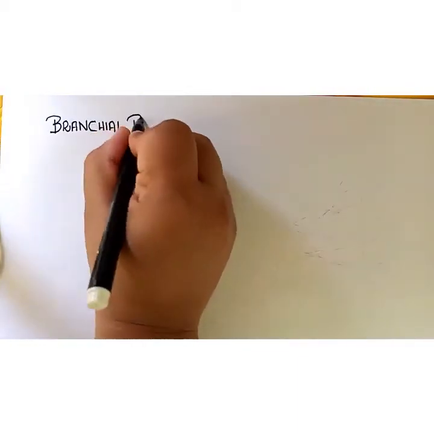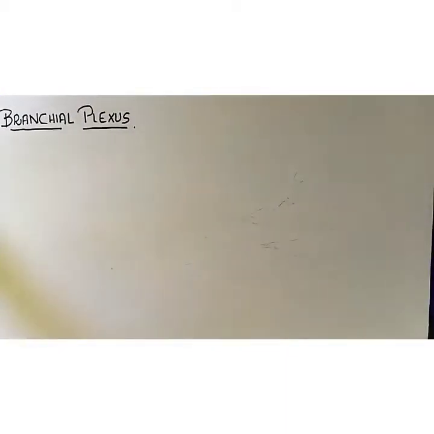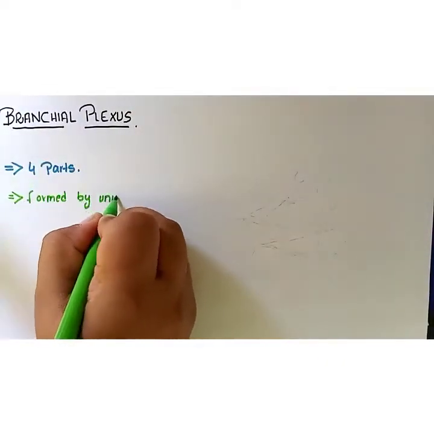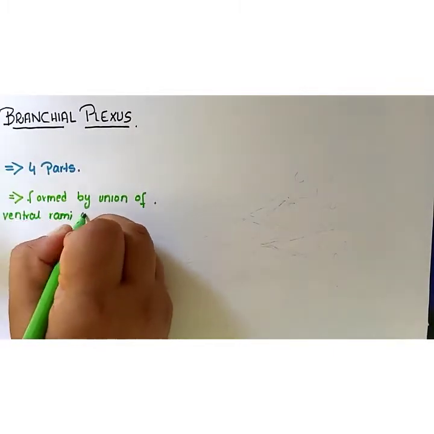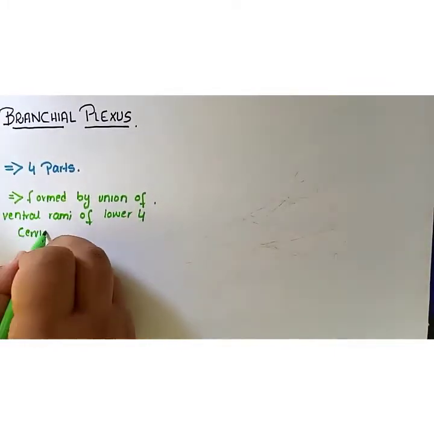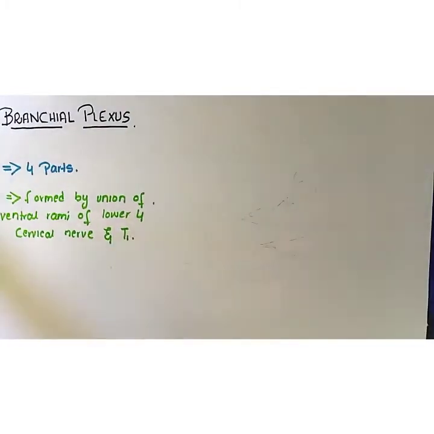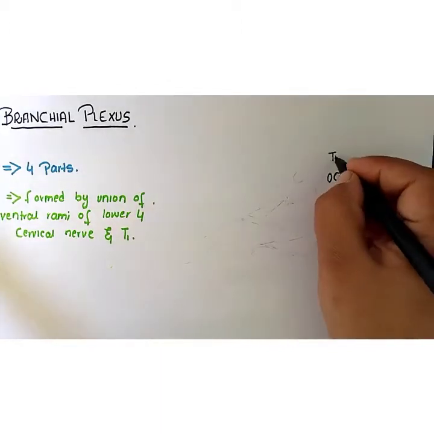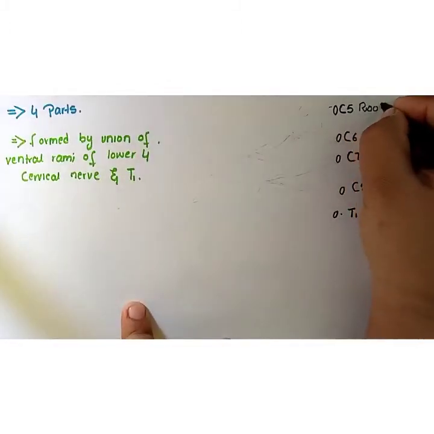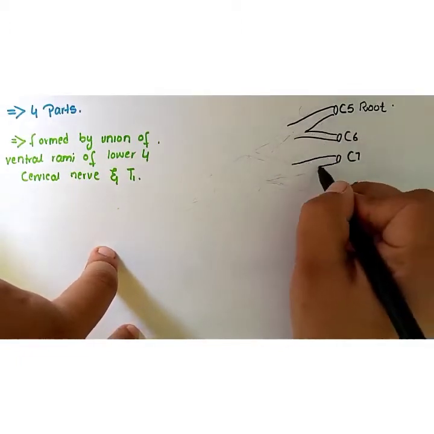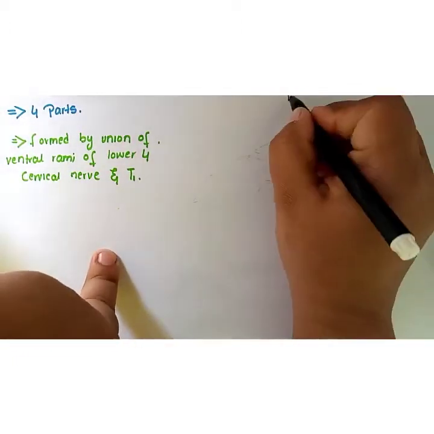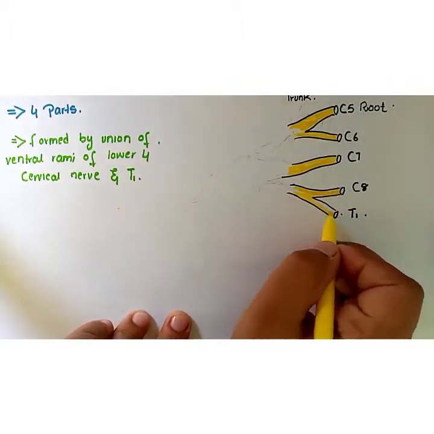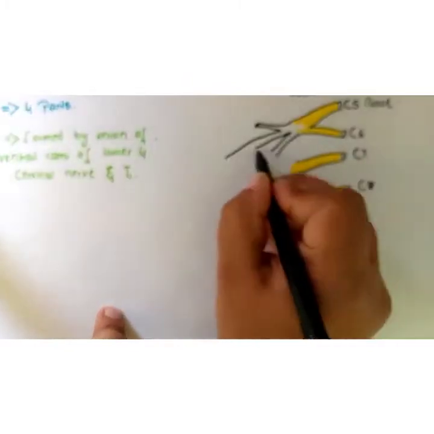And now I will explain about the brachial plexus, and it's really important. And there are four parts of the plexus, and it is formed by the union of the ventral rami of the lower four cervical nerves, and the contribution of thoracic one. So these are the roots of the brachial plexus, and when the roots unite, they form the trunks. The superior trunk, which is the contribution of C5 and C6, is the largest one,